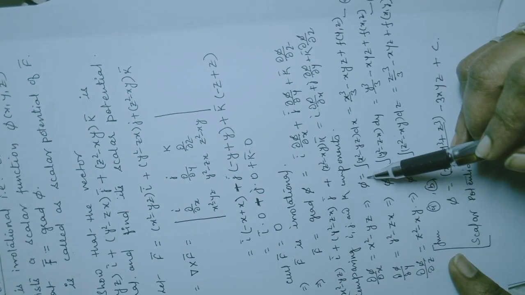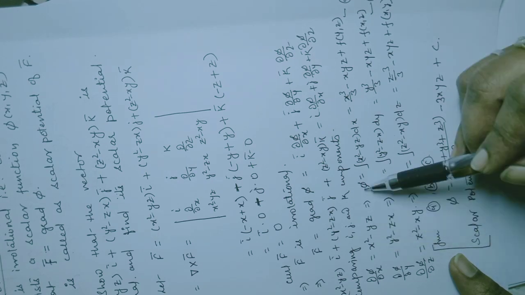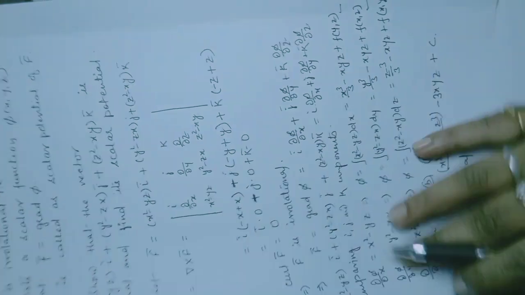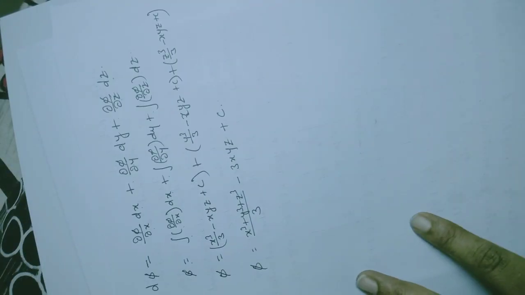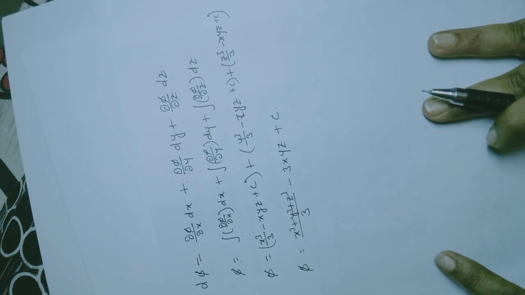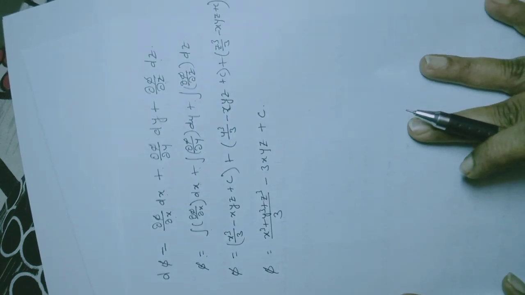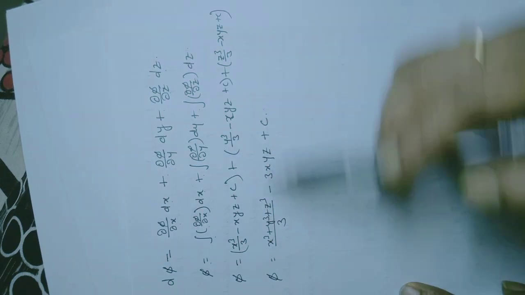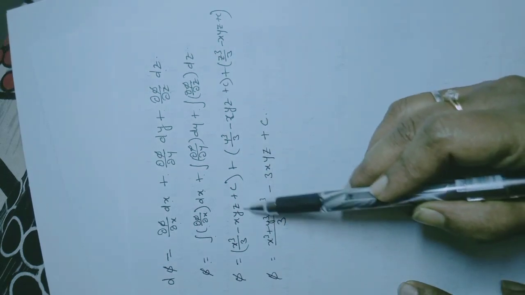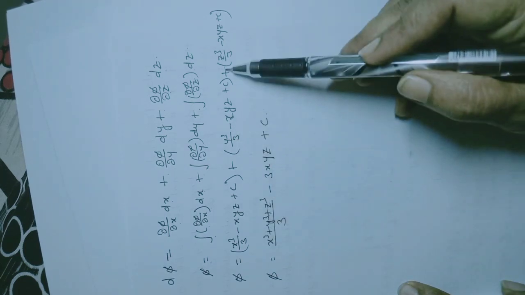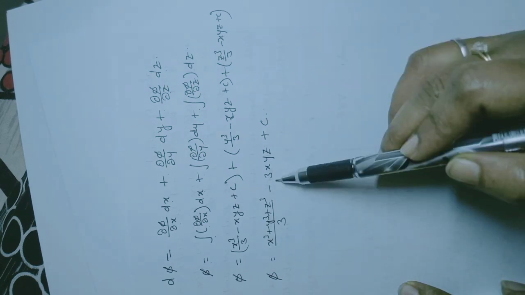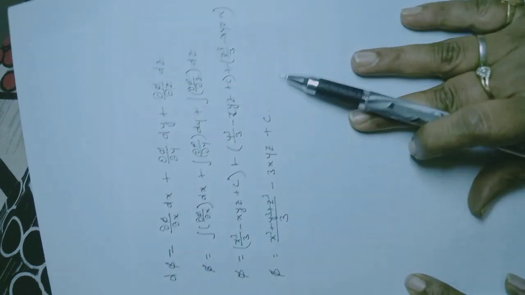So already we have got the integrals from this. See, substitute the values of the integral of del phi by del x, right? The integral of del phi by del x is equal to this much. So if you put the values here, you get the integrals of del phi by del x, del phi by del y and del phi by del z. So your phi, when you combine, will be x cube plus y cube plus z cube over 3 minus 3 times xyz plus c.